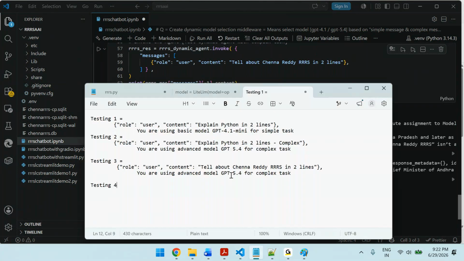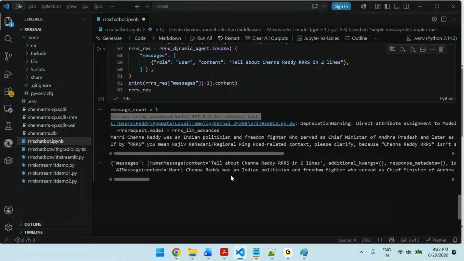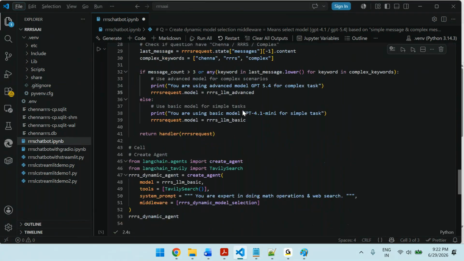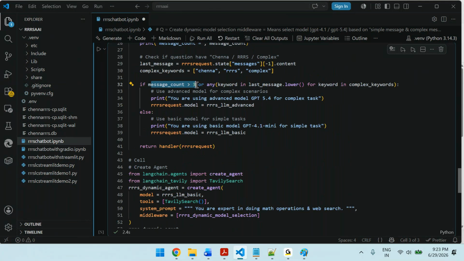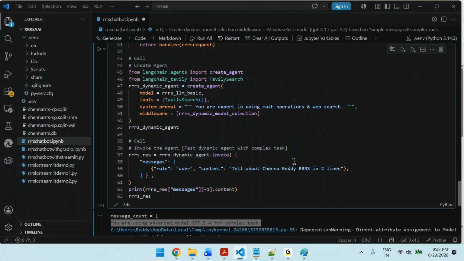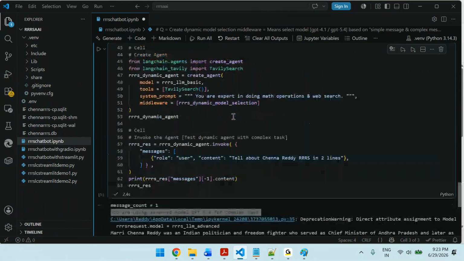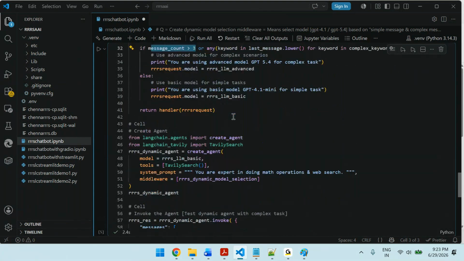Like this, we are dynamically selecting the model. Next, testing 4. What is the testing for? If the messages are greater than 3. Okay, message count is greater than 3. Again, GPT 5.4. So for that, what we can do is